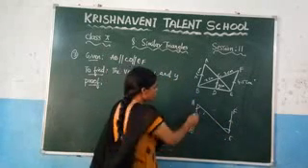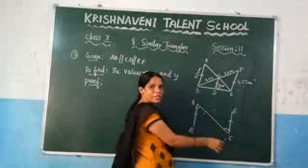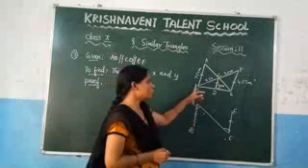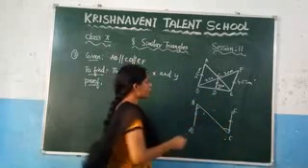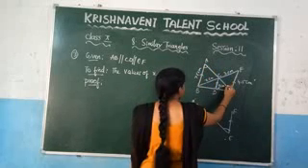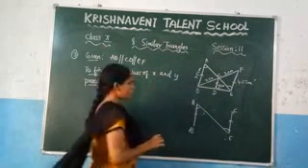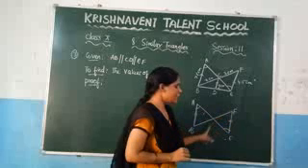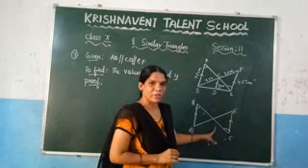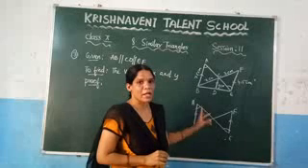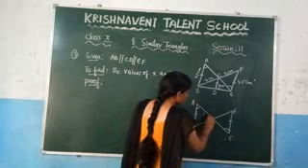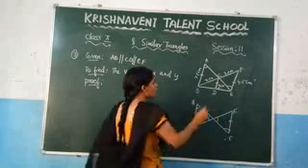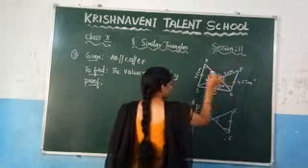Here you can observe that these are the parallel lines and we have drawn one transversal. And what are the angles? These are the alternate interior angles, and you know that alternate interior angles are equal. So you will get this angle is equal to this angle. And similarly, if you join these two lines, you know that these are intersecting lines. If two lines intersect at one point, vertically opposite angles are formed and they are equal. So this angle is equal to this angle, because these are vertically opposite angles.